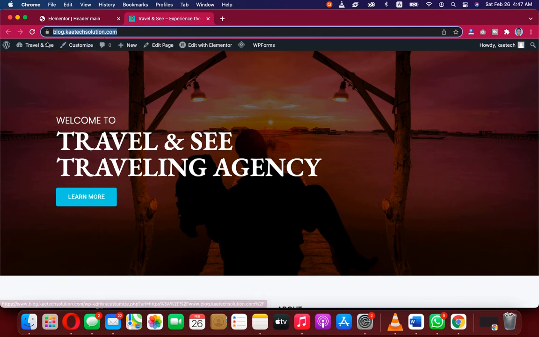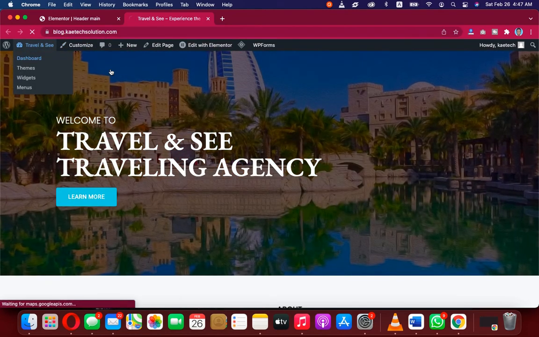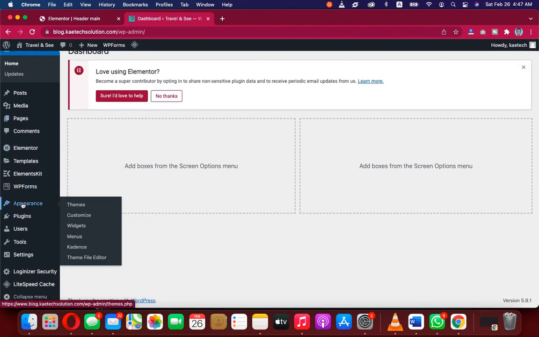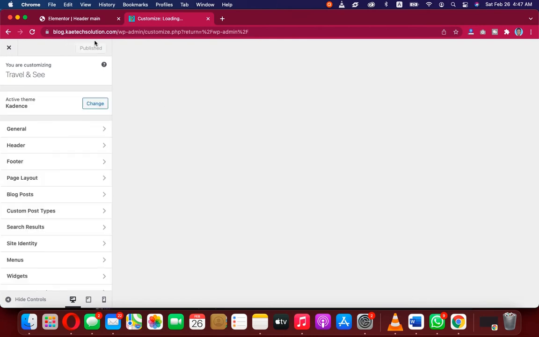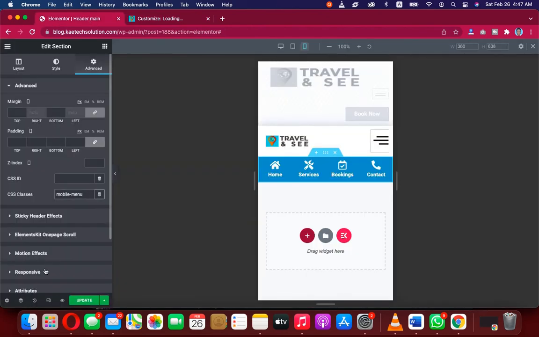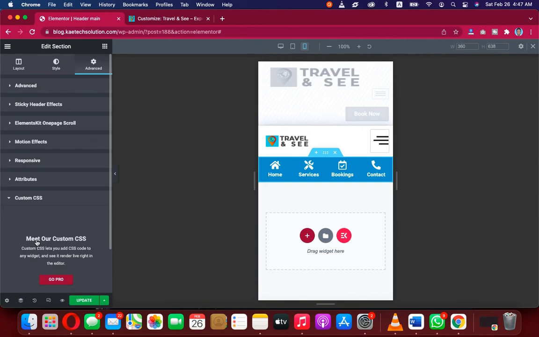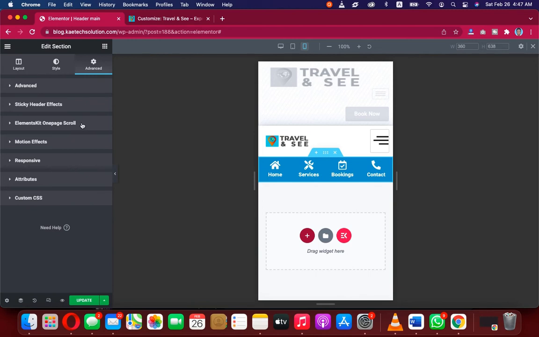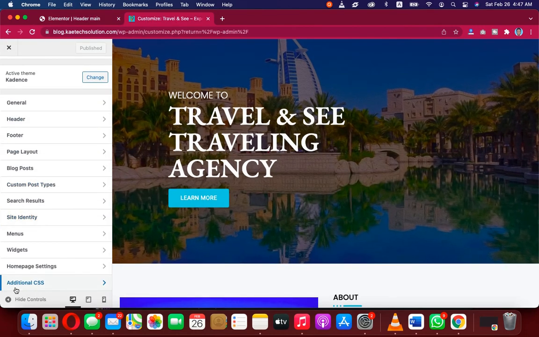the customization. We go to the dashboard of our website, and then we click on appearance over here, customize. Now because advanced CSS is only in Elementor Pro, you see over here, when you click over here, you have to have Elementor Pro. Now we don't have Elementor Pro, so we have to use the style that I'm teaching you. So you go to customize, and then when you scroll down,